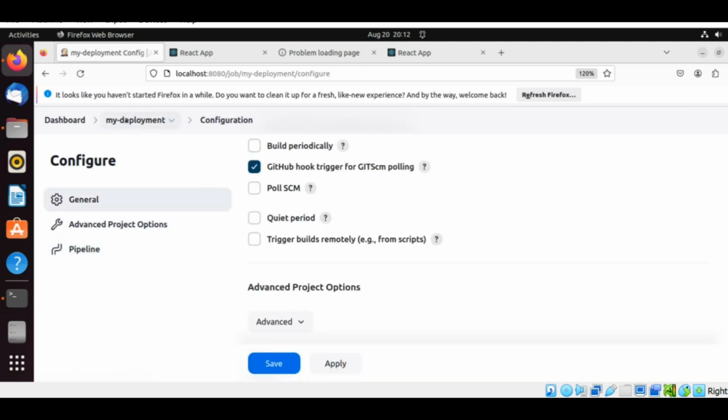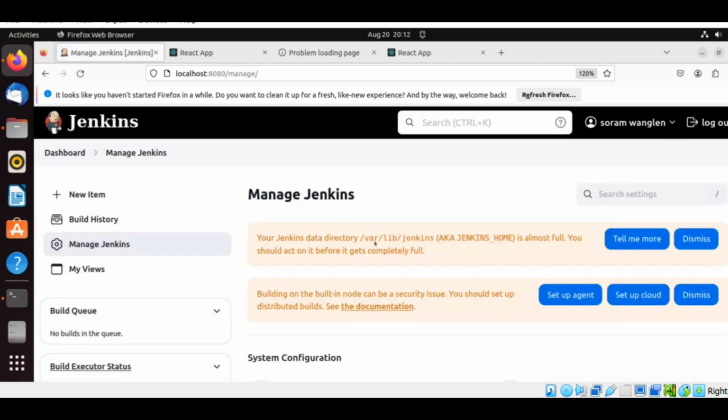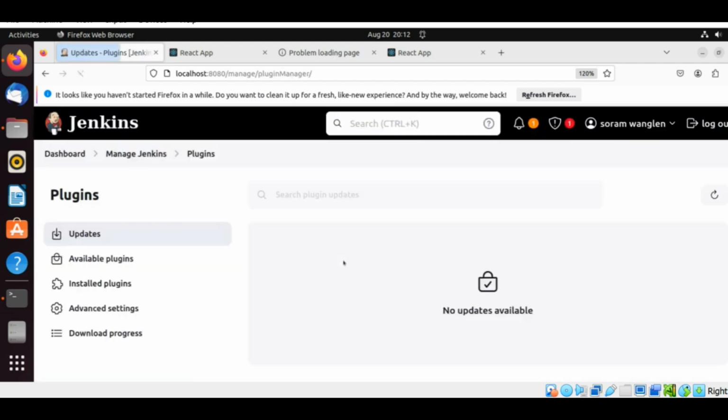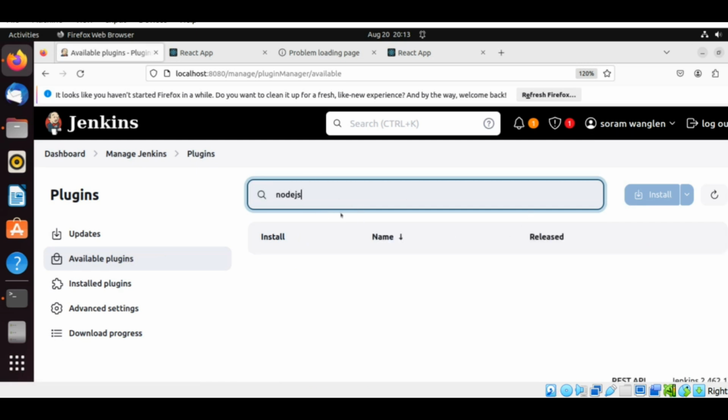But the plugins part, if we are not wrong, then you can just hit on Manage Jenkins, and then you click on plugins. Then in available plugins, you can just type Node.js, right? Since I already have it installed, it will not show up on my laptop. Since you are starting off with plugins, you need to install it like this, right? So after installation, again